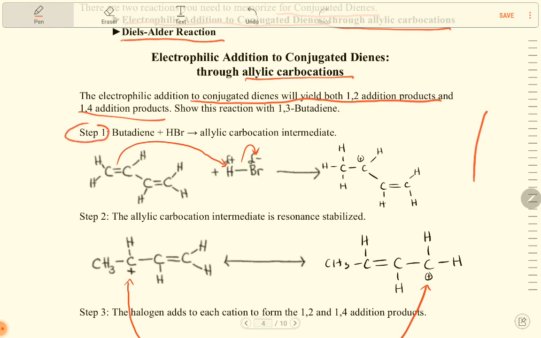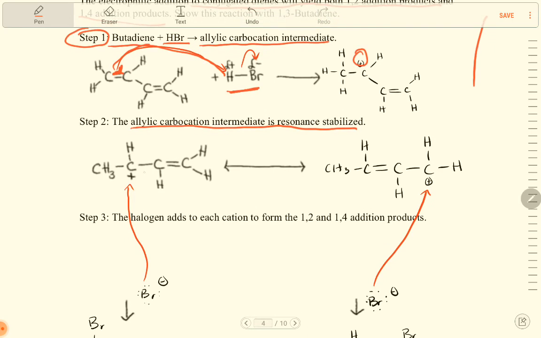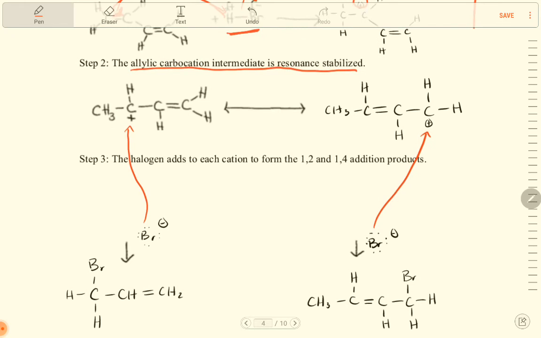So step 1, butadiene with HBr gives an allylic carbocation intermediate. HBr is going to react with one of these pi electrons. The pi electron is going to pull this proton towards itself, this bond breaks, and it forms the carbocation right here. And when this allylic carbocation intermediate is resonance stabilized, as you can see, the halogen adds